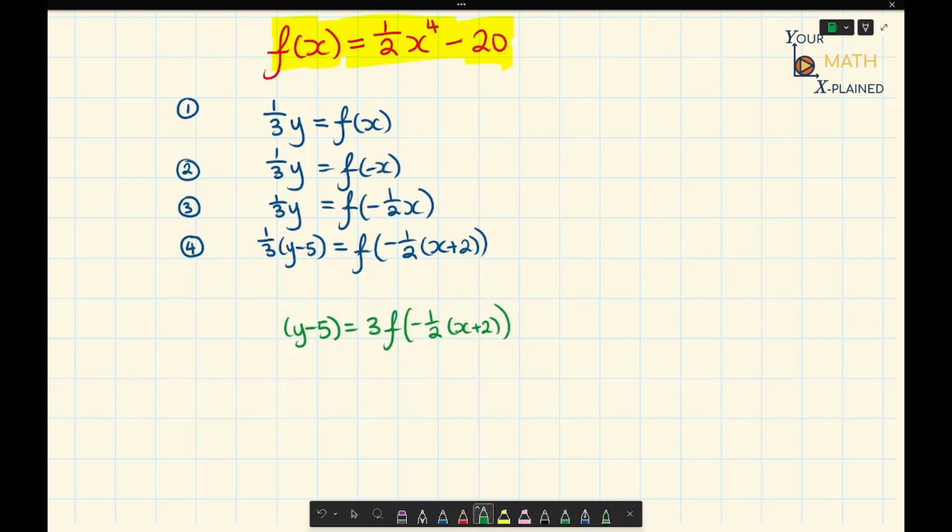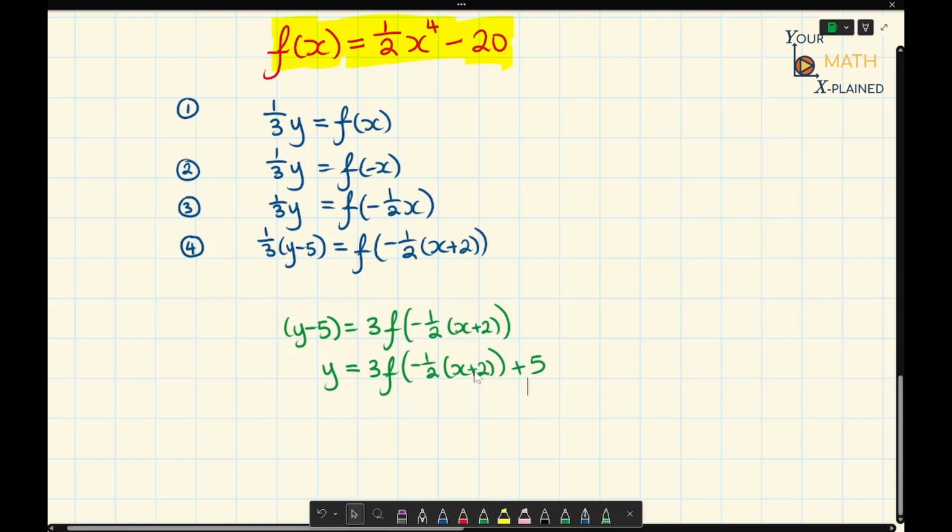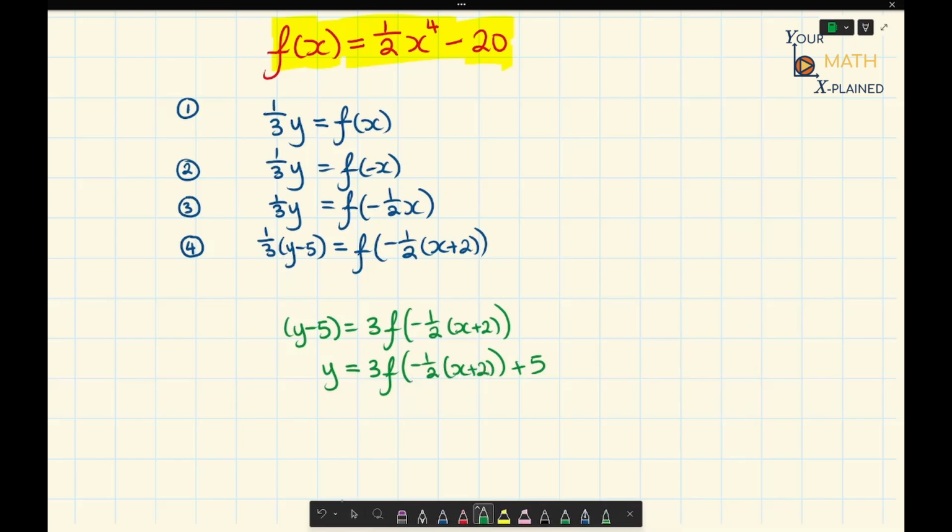And then move the 5 over, and we'll get y is equal to 3 times f of -1/2 times x plus 2, plus 5. And now we can take our input here and put it into our function f. Okay, so that's going to give us